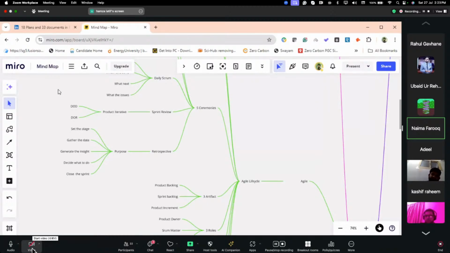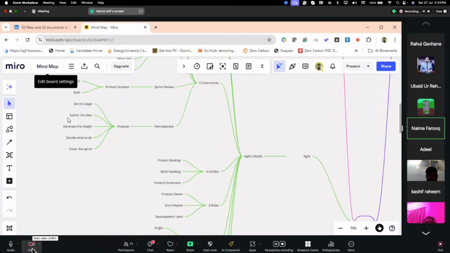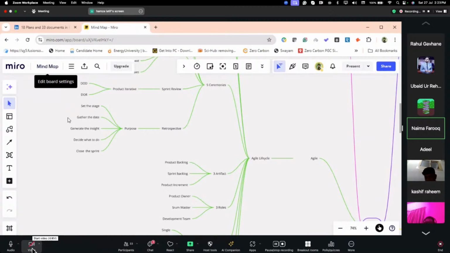For sprint review, we have product demonstration, and we also check the definition of done and the definition of ready. And then if the product is good and meets the criteria, it goes to the increment